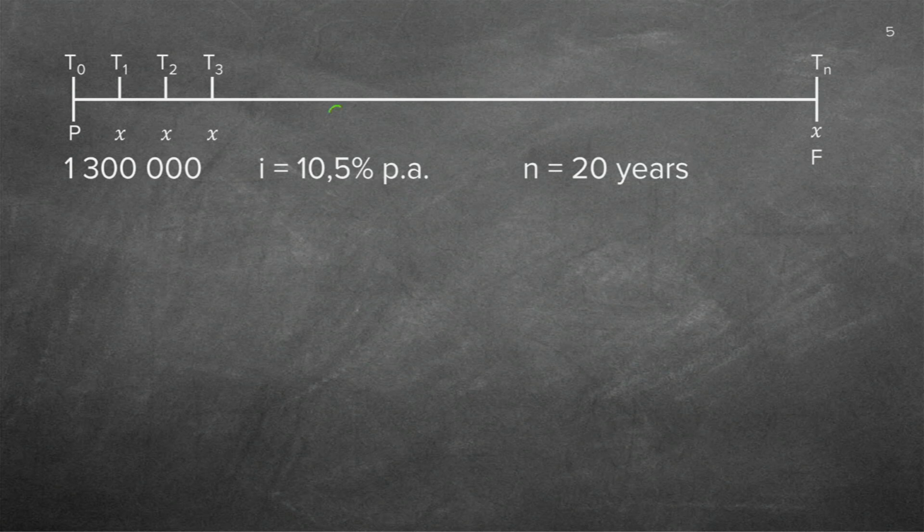So I'm going to just do it: 0.105. This is how it was given in the example. But because it's monthly, you're going to divide it by 12. So that is your I. And then it's 20 years. But remember, it's now months. So that 20, I'm going to multiply by 12, which gives you 240. And this is all now in months.